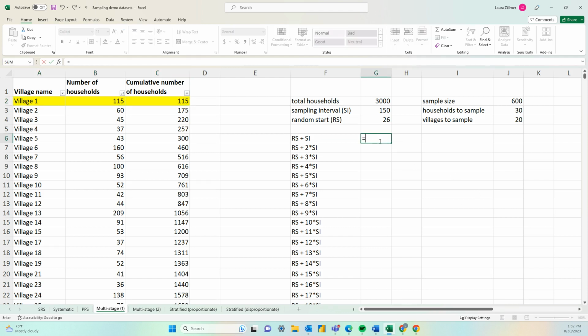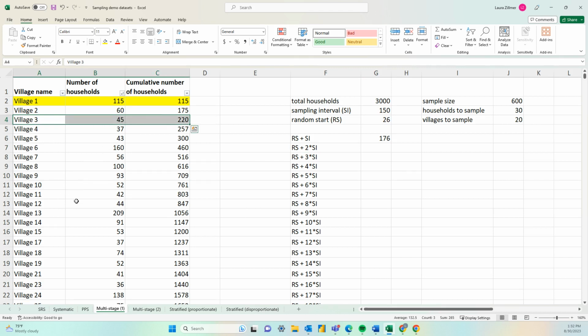So the random start, 26, plus the sampling interval, 150, is 176. Again, looking at our cumulative column, we see that village 3 contains the 176th household. Village 3 contains households 176 through 220.